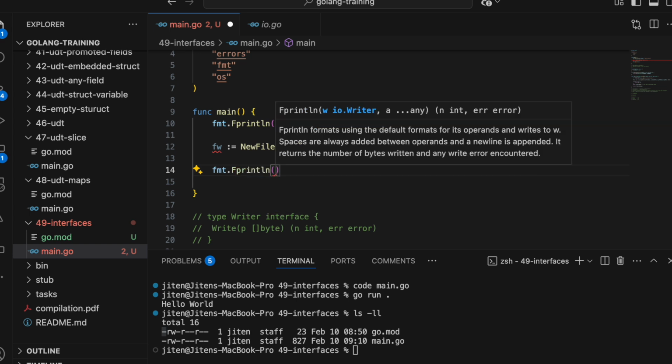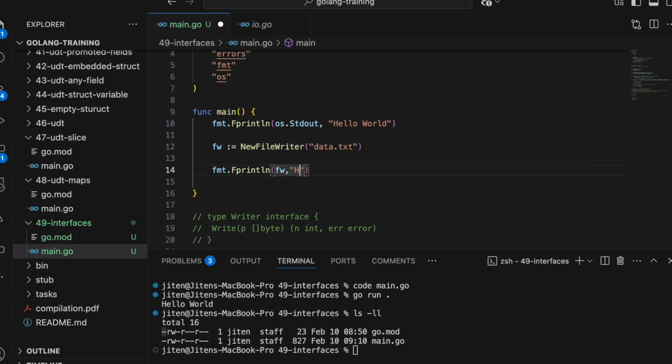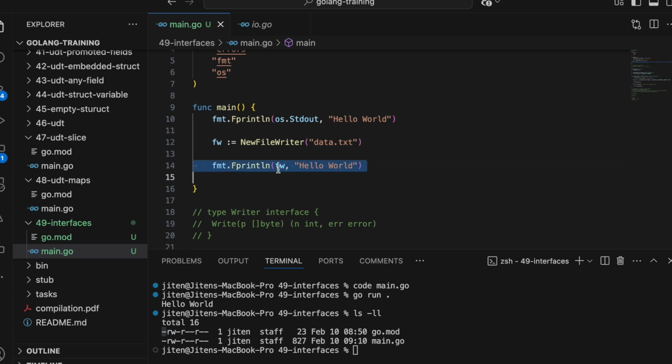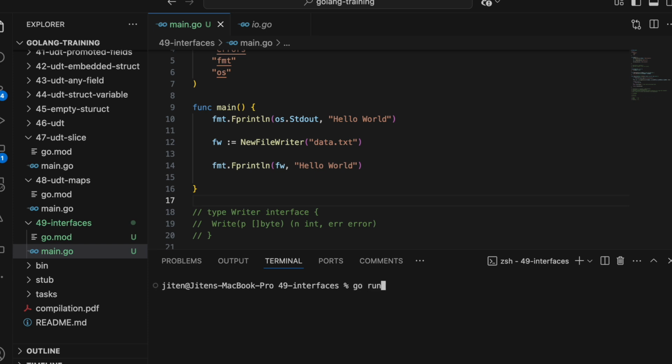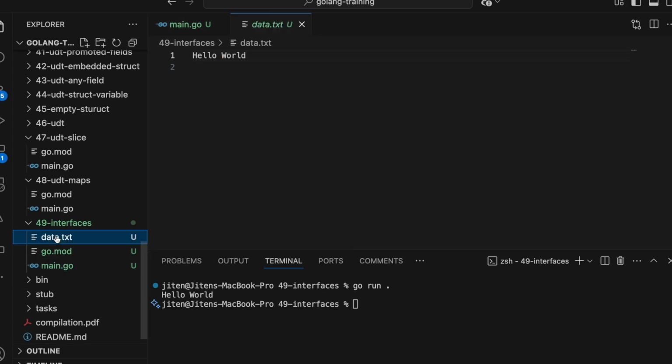Now I want to print it to fw, comma, hello world. Sorry. So what happened? When I run the example, it writes to a file. You see that data.txt. It is written to the file